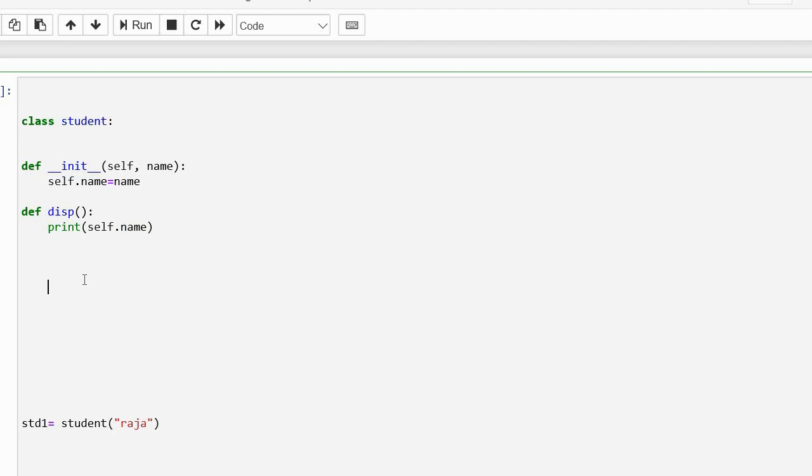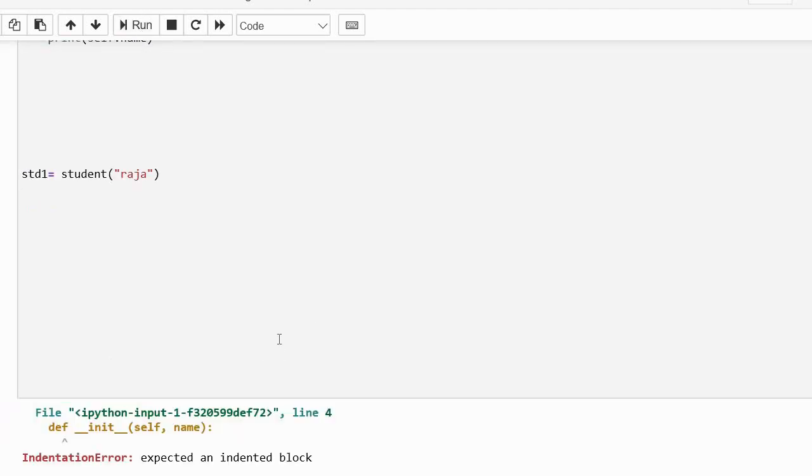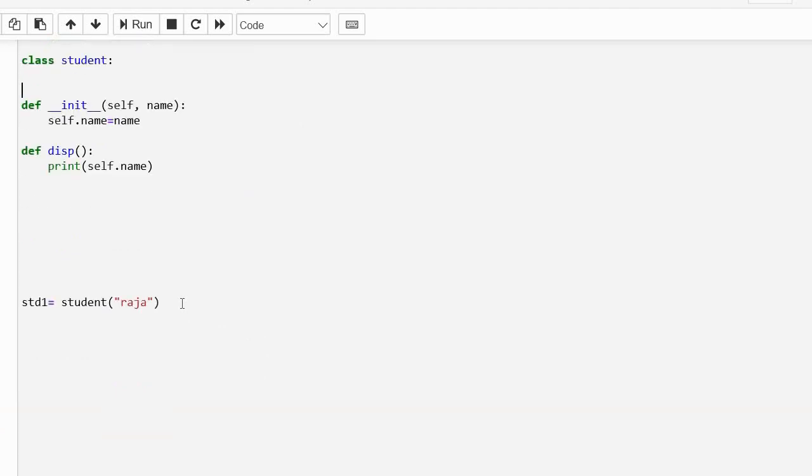This particular program has simply one class, one variable, one constructor and one logic, just printing the name of the person. The Raja will be printed here. So this is a simple program. Let me execute and show you that run. Whenever you have an error like this, you have to find out the Python error, that is an indentation problem. After this class you should give this indentation. The method should be in proper indentation and the other statements. So now you can run the program and you can see the output.